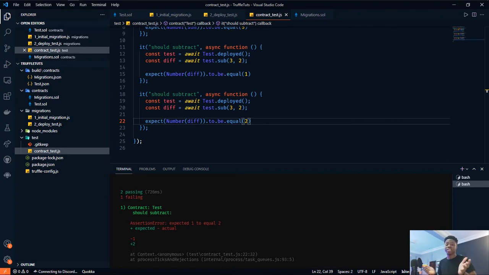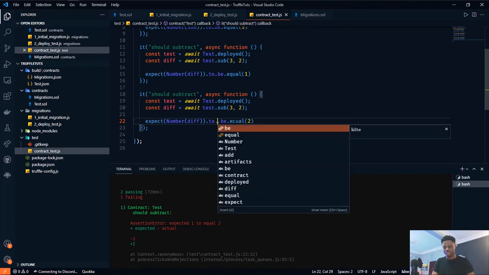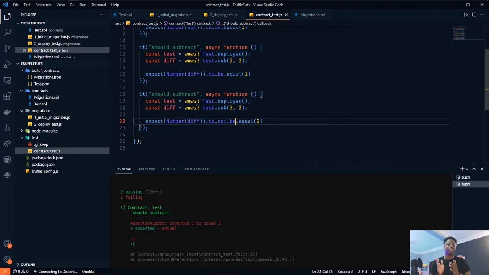We're starting from where we left off in the last video, which is the test case. When writing test cases, you always want to make sure none of it fails. So now we are checking this is equal to, and we obviously know that this shouldn't be equal to. So what we can do here is to say that's not B. This is normal JavaScript test cases, how you write JavaScript test cases, which is why I said the requirement for this tutorial is for you to understand JavaScript. So this is a JavaScript test case, basically.